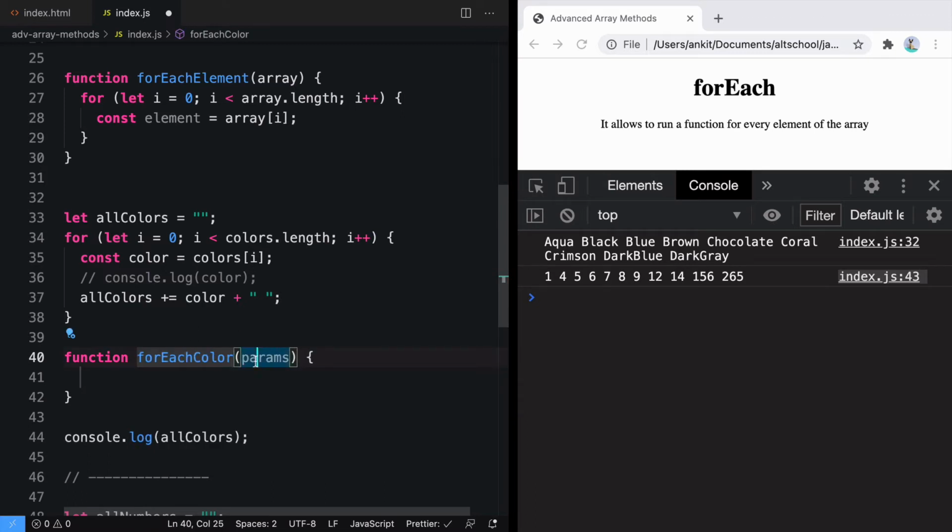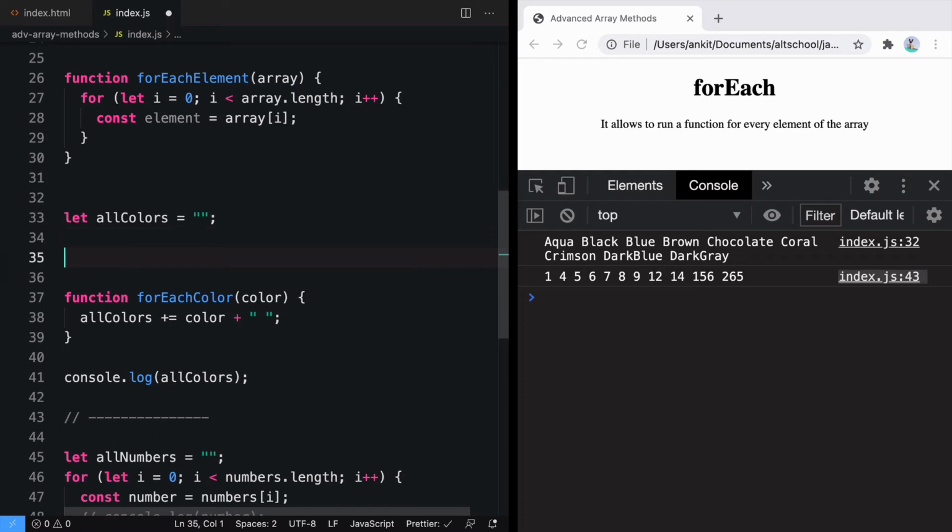You have to concatenate it, and that color will get access to one color, that is this, and here all I need to do is to add it to colors. So we'll say all colors is equal to all colors plus color, and we are adding extra space here. And we are going to remove this whole code from here because obviously we are repeating ourselves, and here instead